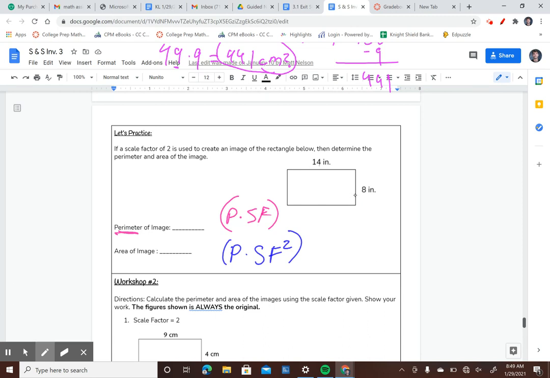So we have 14 plus 8. That's going to give me 22. And then since it's a rectangle, we also have 14 and 8. So I can just add another 22, which gives me 44 for my perimeter. But remember, what I need to do is multiply my perimeter by the scale factor. So here I have 44, multiplied by 2, because that's my scale factor. And that's going to give me 88 for my image or my copy. Now we're going to take a look